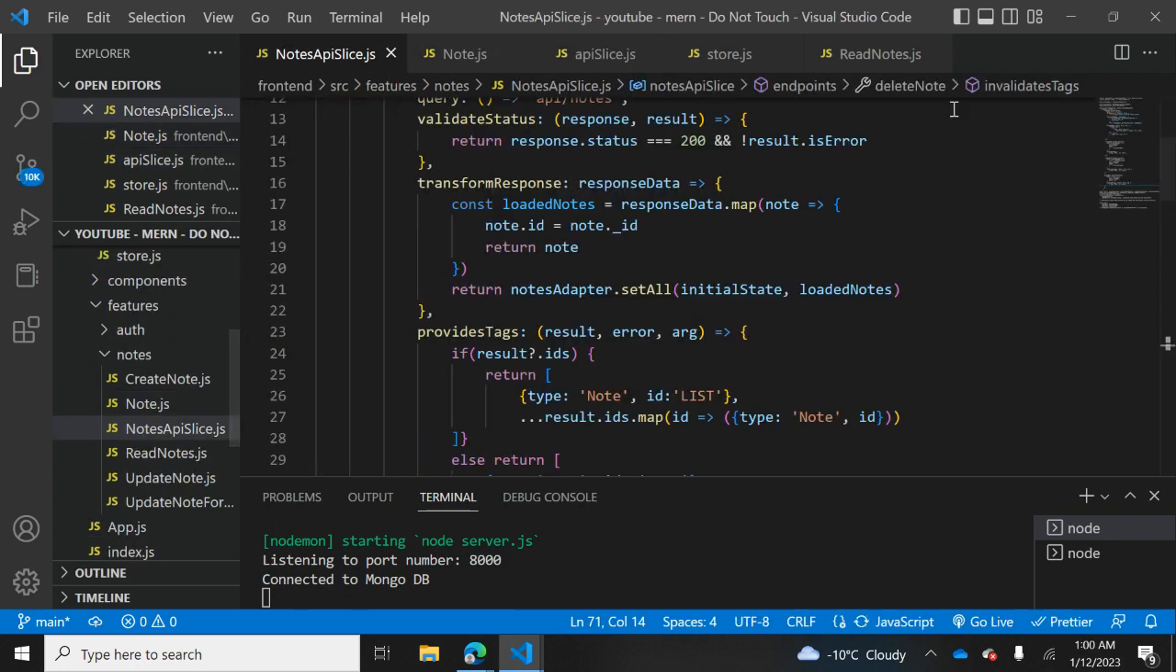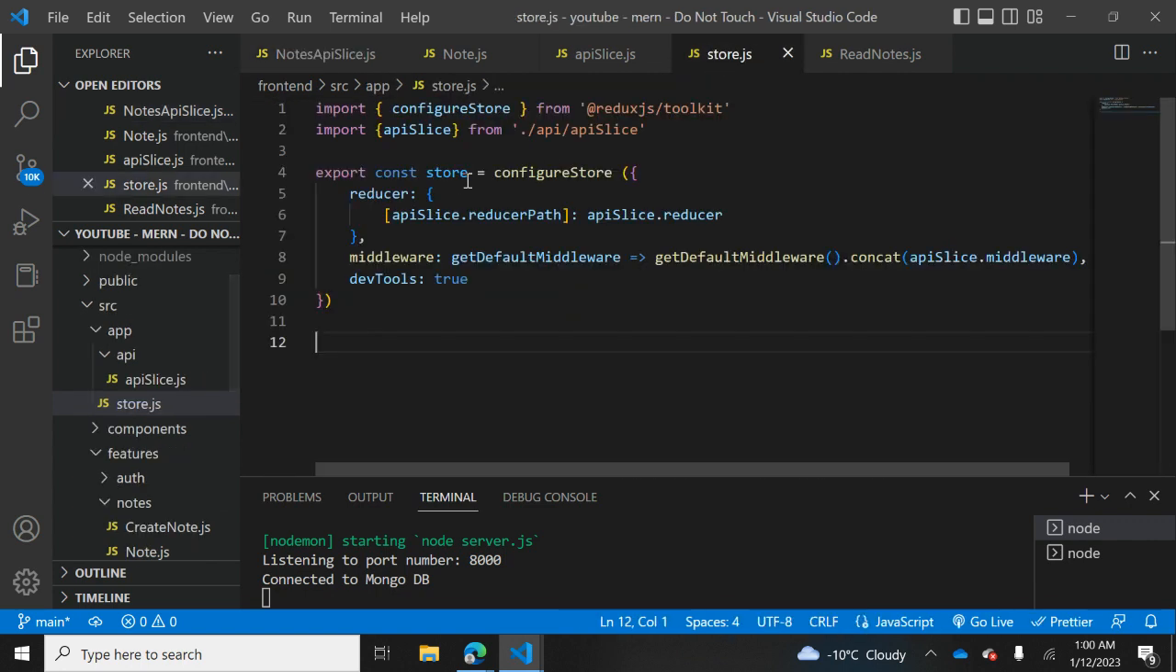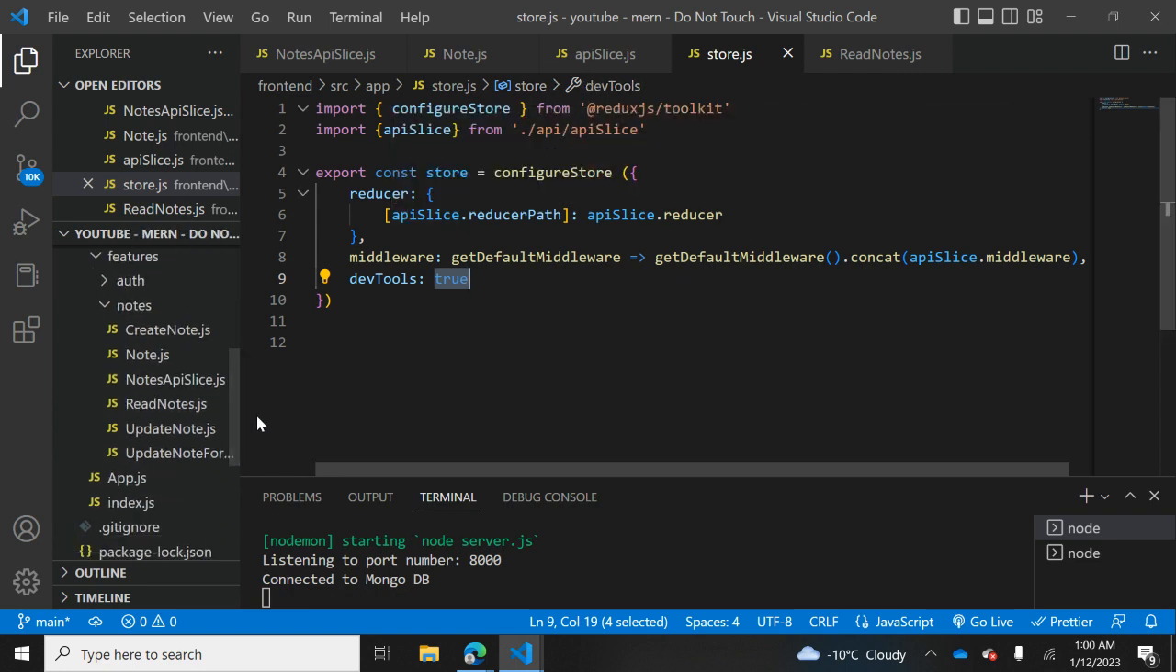And before we go to Nodes API slice, let's also talk about store.js. Basically we have a reducer inside the store, right? So we're giving this reducer path, and this is the reducer path. And we're going to use middleware, and we're going to concat the API slice middleware here, and DevTools will be true because we might want to use DevTools in future. And we're going to use this store on our index.js with the provider